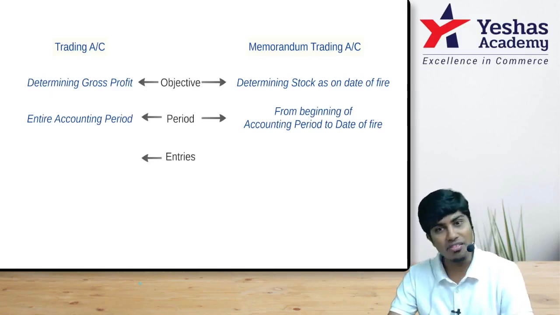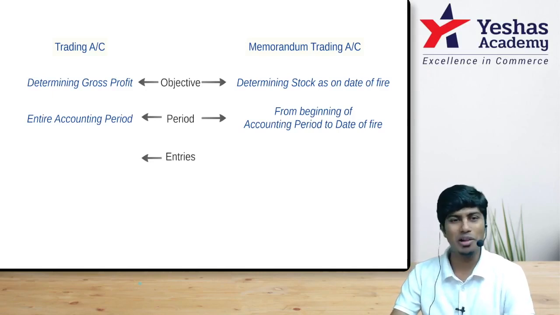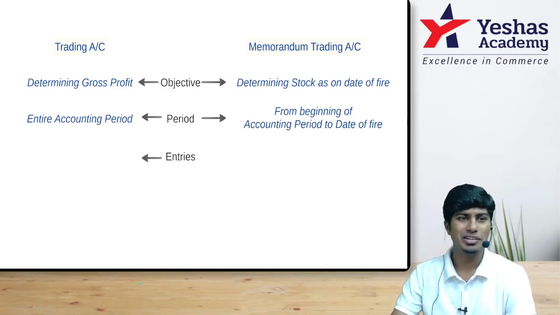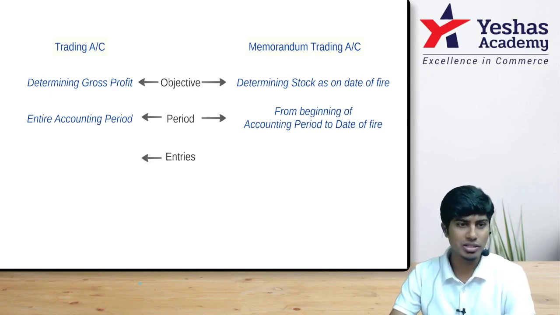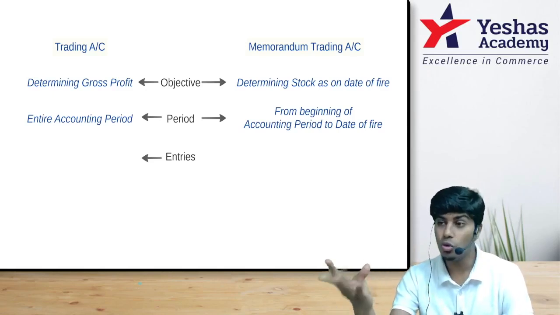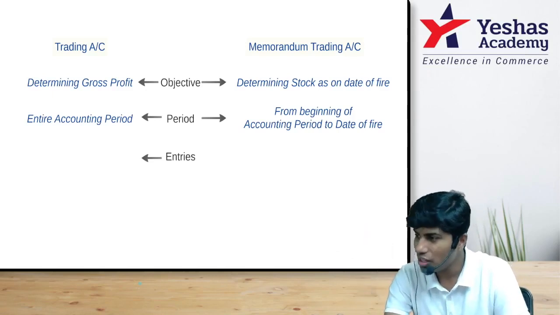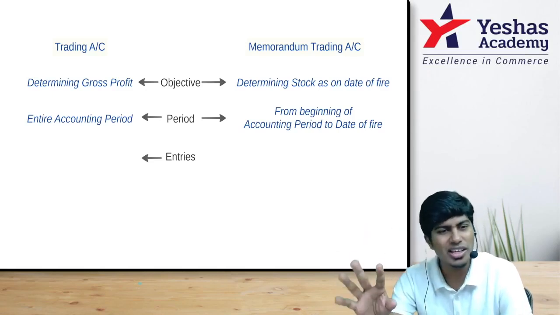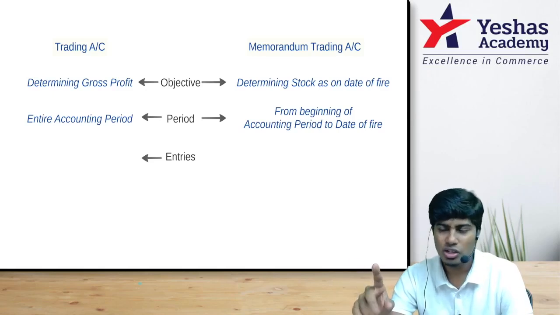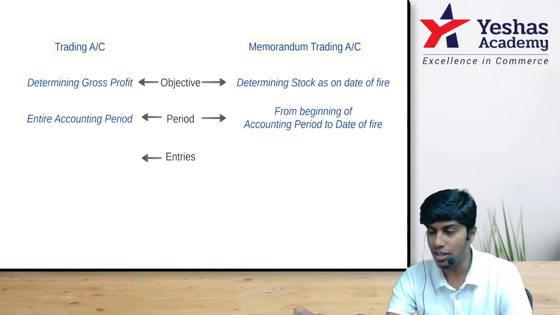A customer came, I gave him goods, I collected money, and I told him, sir, I will not do the invoice today, we've kept all the computers and everything for puja, I will give it to you tomorrow. Now what has happened? Legally the goods are not transferred, but money is received, possession is transferred, risk and reward are also transferred; only ownership is not transferred. So actually it is a sale. Do you agree with me? So we go by reality and not legality.